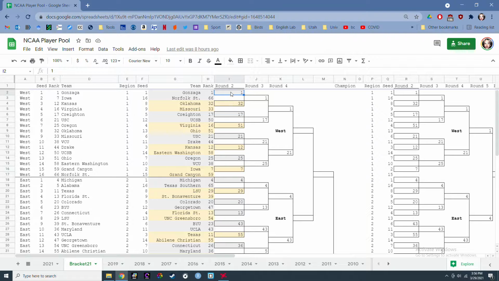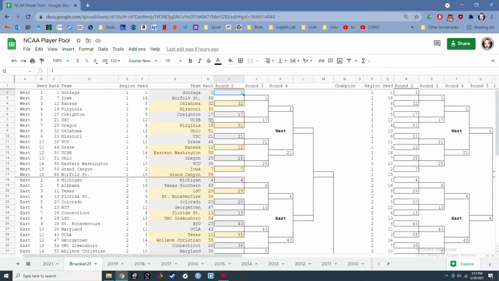When a game is completed, I'll just enter into one of these fields the winner of that game. So Gonzaga beat Norfolk State, so I just carry over the 1. You can see how that has happened now through the Sweet 16. Gonzaga won, they won, and then they won again, and now they're going to be playing USC tomorrow. Brian hopes that USC wins, but they have basically no chance because Gonzaga is really good. Although I will say that USC has been destroying teams, so I don't know. Maybe they can do it.